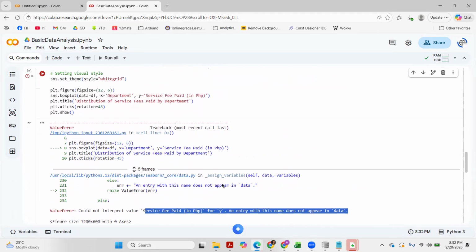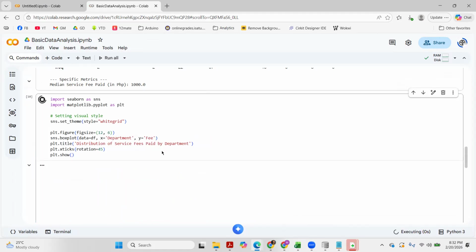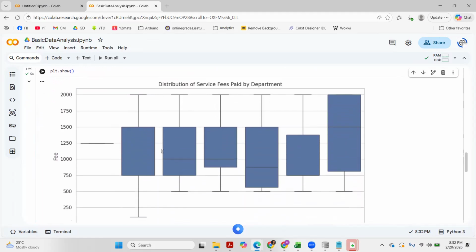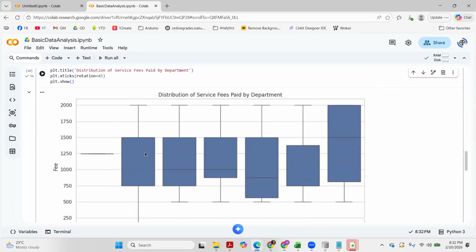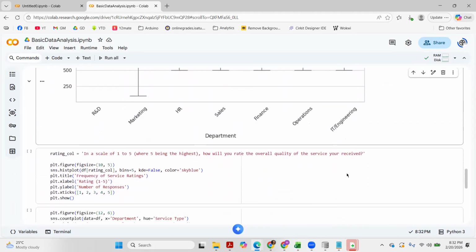Okay, it's not just a text. All right, let's try again. Okay, so I was right in the first place. Now we have the box plot, and we can better compare our data set with the help of some knowledge in statistics. Unfortunately, we cannot cover statistics in this session.